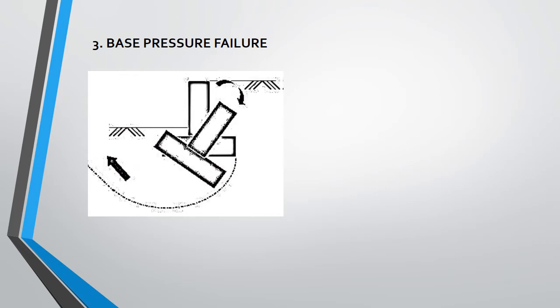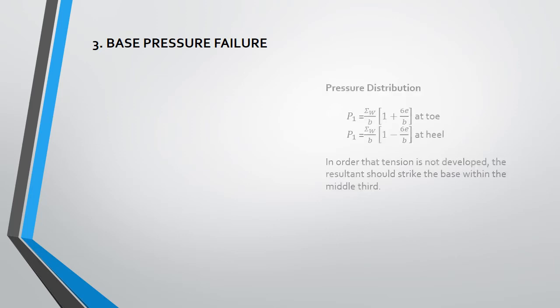The next failure condition is the base pressure failure. This occurs when the pressures at the base exceed the bearing capacity of the soil, especially the pressure at the toe. The pressure at the toe is maximum, and this pressure should be within the limits of the safe bearing capacity of the soil, and the pressure at the heel must be greater than 0. If it falls less than 0, if it is a negative value, then tension failure occurs at the heel. So in order to maintain it greater than 0, the eccentricity, that is the distance of action of the resultant from the